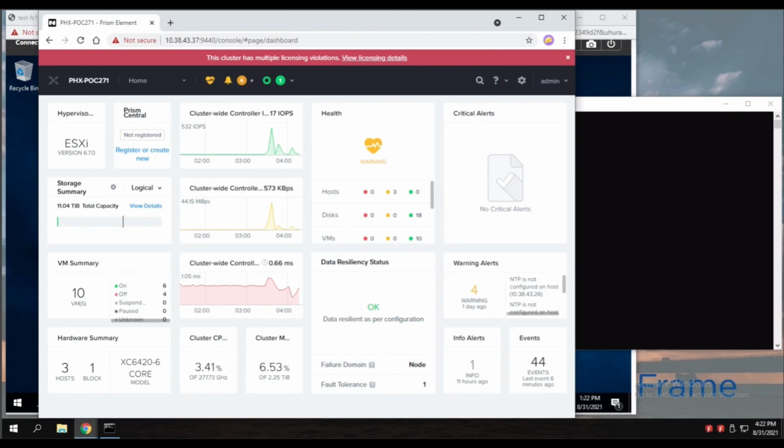Configuring a multi-disk volume group. Instead of going through repetitive tasks here in the Prism UI, I'm going to first get some